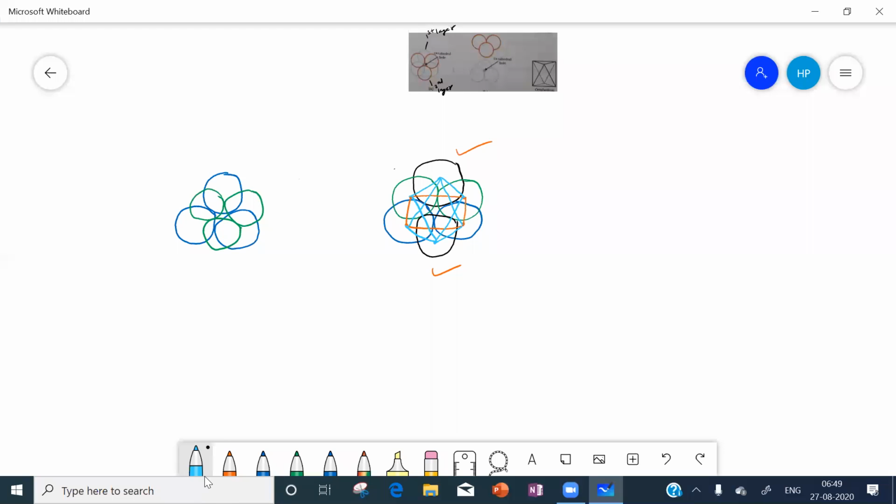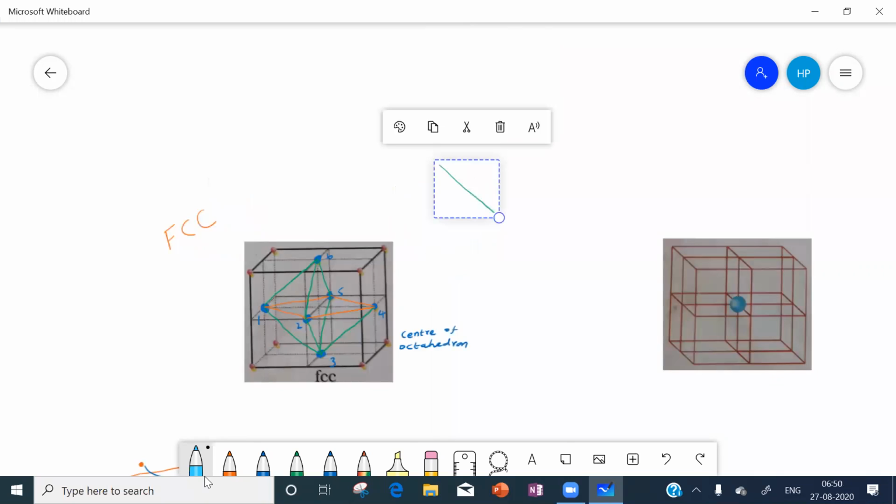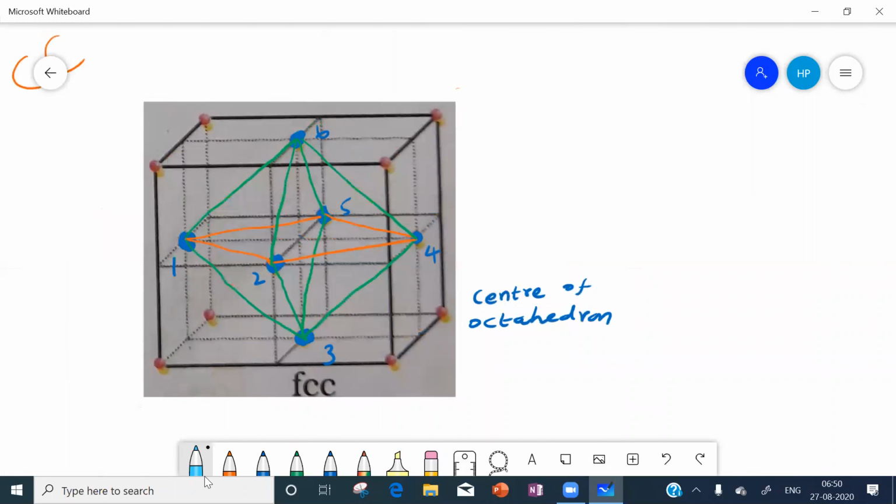What is the name of this void? This is called a void, you are saying. Which void is this? Do you say tetrahedral void, or octahedral void, or triangular void, or cubic void, or which void do you say? We can call it an octahedral void, sir. Now we will take this point, we will consider.